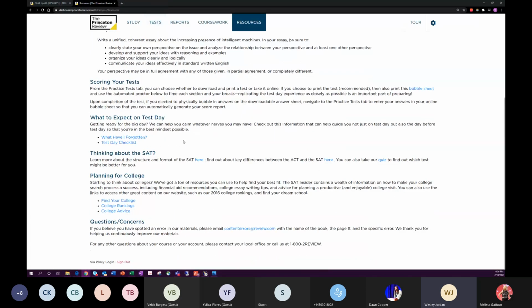We have that there, as well as what you'll see here, thinking about the SAT. On the SAT page, you'll see thinking about the ACT in its place, which leads you to the structure of the opposite test, so you can see the differences between the two. You can also take a little quiz here to find out which test might be better for you. And since this is usually a big ticket question for a lot of families anyway,